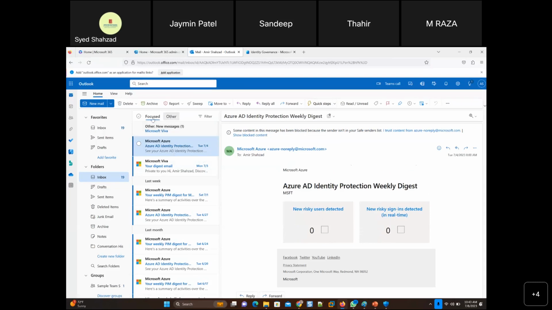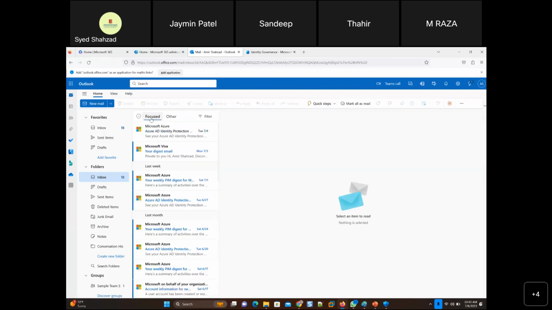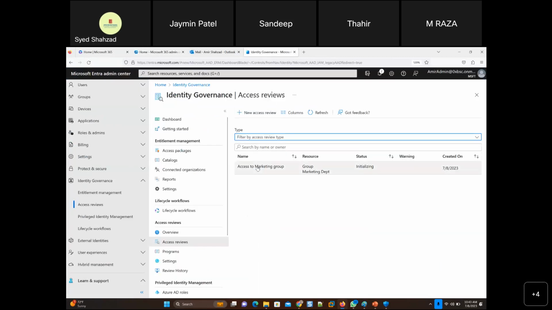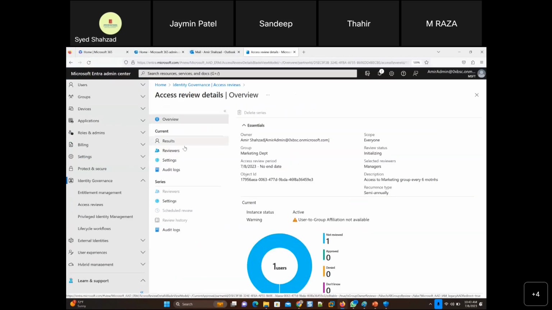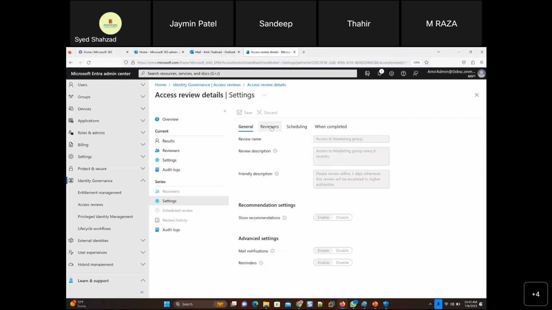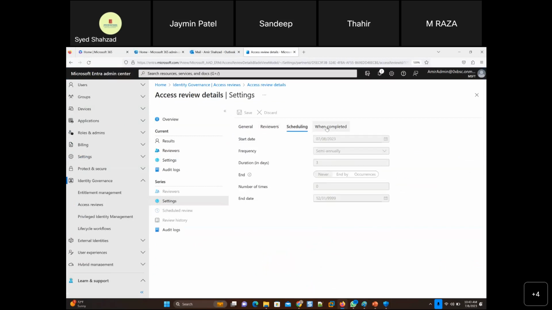But I was here for the initial report of access review. Otherwise, I have put there actually 6 months. So the report will come Sunday or Monday, right? Anyway, I'm just going to go back here, and maybe I can check if I can change the settings to today. Reviewers. Oh, seriously, I can't change anything. Once created, it's just created.